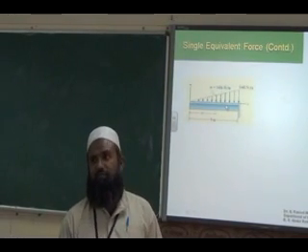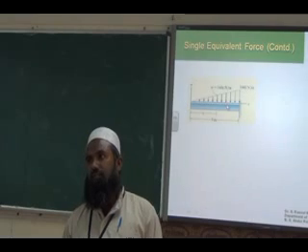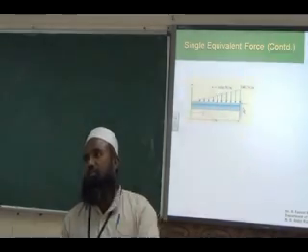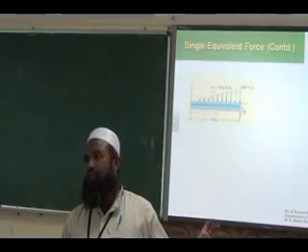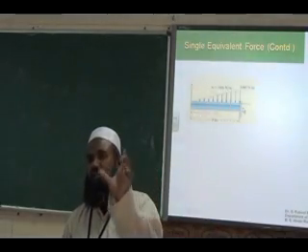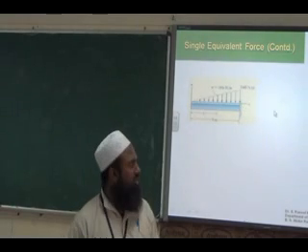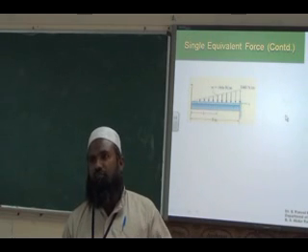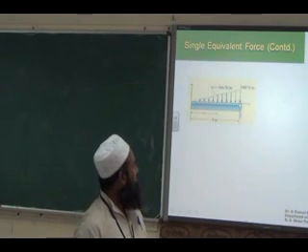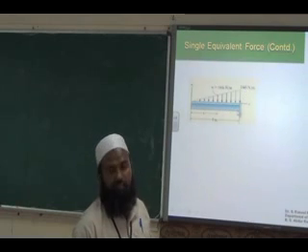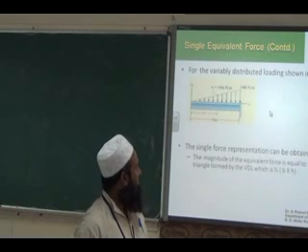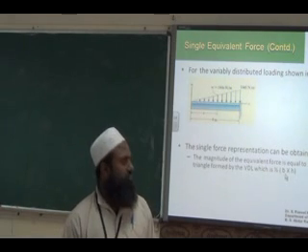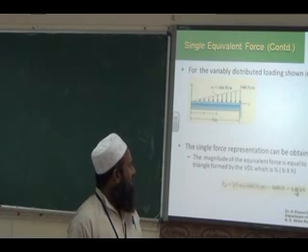So how to convert it into a single equivalent force? We consider the area of the triangle. First we find out the net force acting on the beam. Net force will be the area of the distributed loading. The distributed loading is a triangular shape, so we consider the area of the triangle, half BH. Half B is 1440, height is 9 meters. So half BH will give you the total net force acting on the beam,